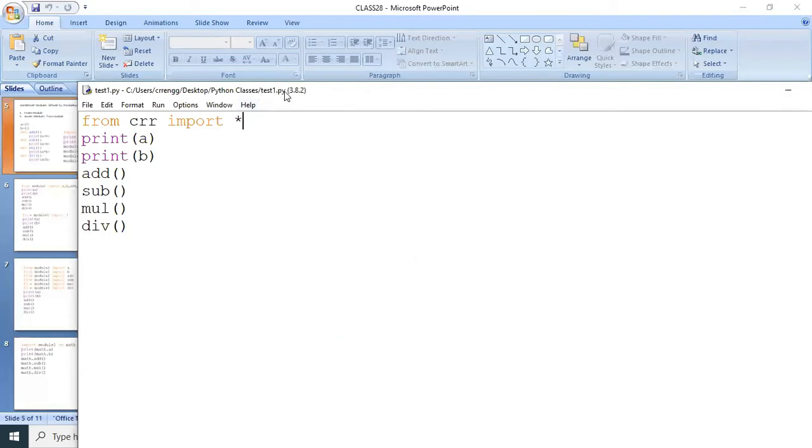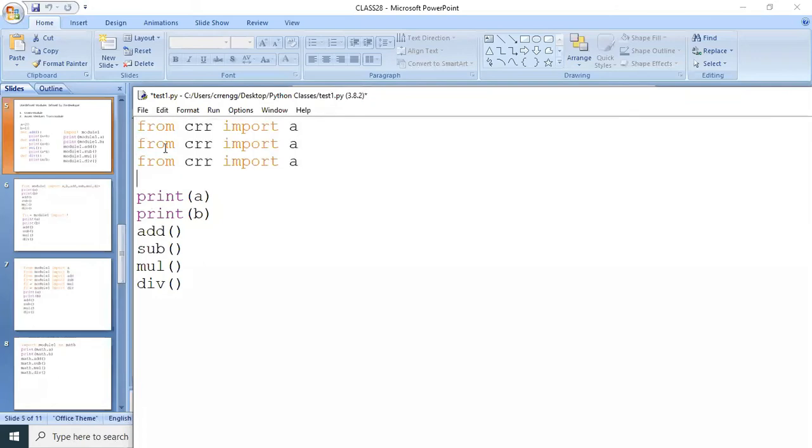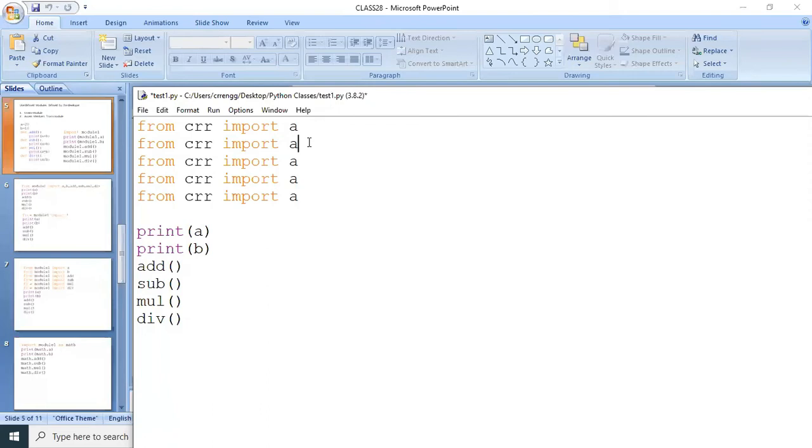Next one is you can import like this also. For example, from CRR import A. You can write the import statement like this also: import A, import B, import add, import subtraction, import multiplication and division.